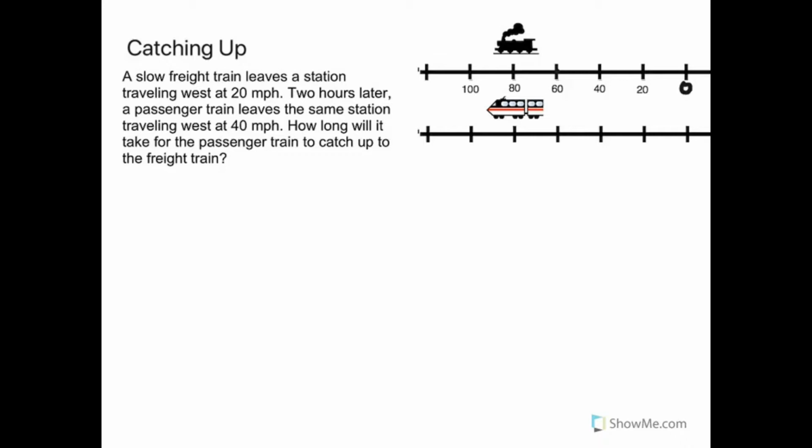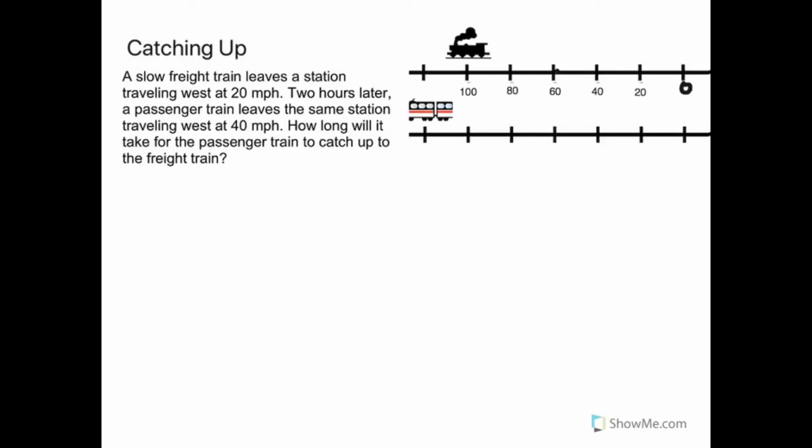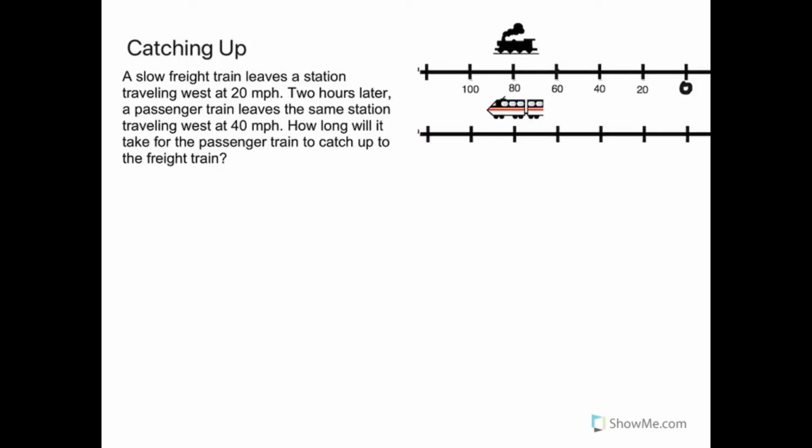This is the moment we're looking for. How long will it take the passenger train to catch up to the freight train? In the next hour, it will pass. And 5 hours after the freight train left the station, the passenger train is well ahead. The key thing to notice here at the moment that the passenger train has caught up is that the two trains have traveled the same distance. That's how we're going to solve catching up problems. The two distances traveled will be the same. The times and the rates will be different.